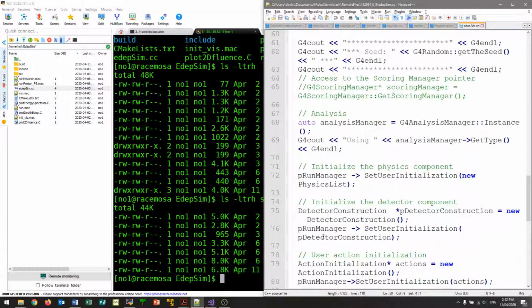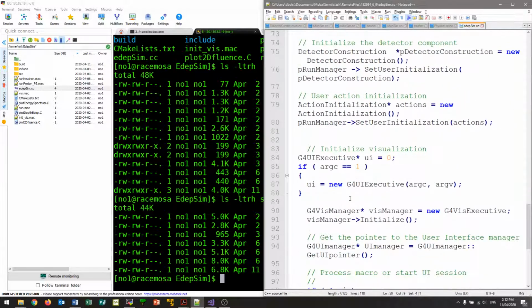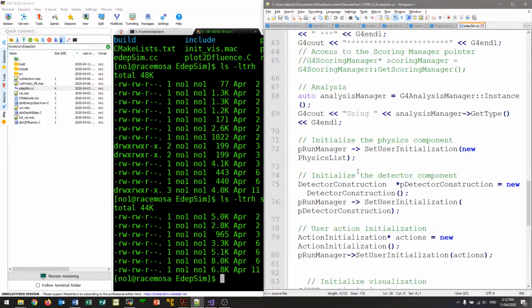And what the physics list does, as you can probably guess also, is it manages the physics in the simulation. So you tell it what particles to create and what processes will govern those particles. So you might be thinking, well, why don't we just include all the physics possible in every simulation? Well,